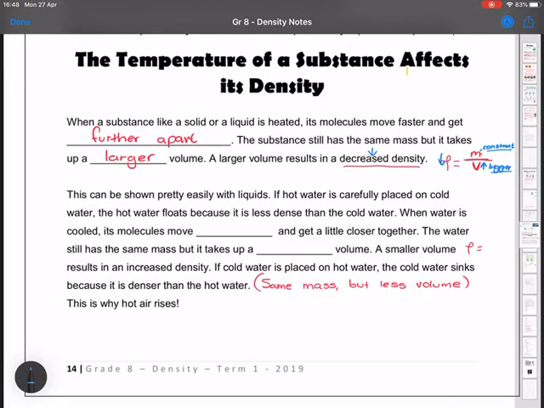This can be shown pretty easily with liquids. If you've got hot water and you carefully place it on cold water, the hot water floats on the top because it's less dense than the cold water. When water is cooled, its molecules move more slowly. Its molecules move slower, and they get a bit closer together. So the water's still got the same mass because you haven't added or subtracted water or particles, so still the same mass, but it now takes up a smaller volume